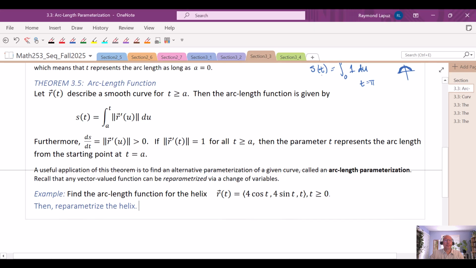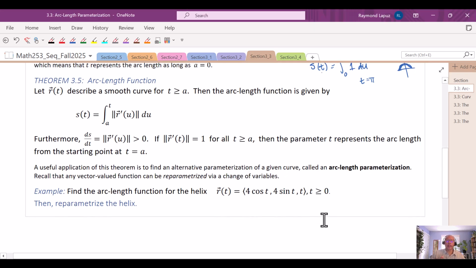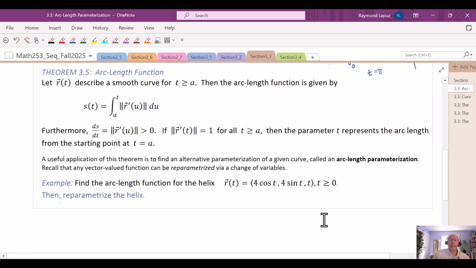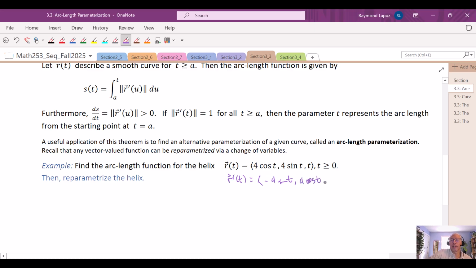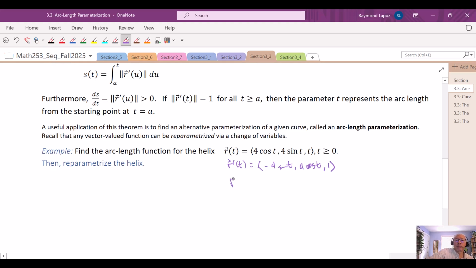Okay, so let's find the arc length formula first, and we'll begin by just finding the derivative of r. So this is going to be -4 sine t, 4 cosine t, and 1. And when we take the magnitude of that, we will get